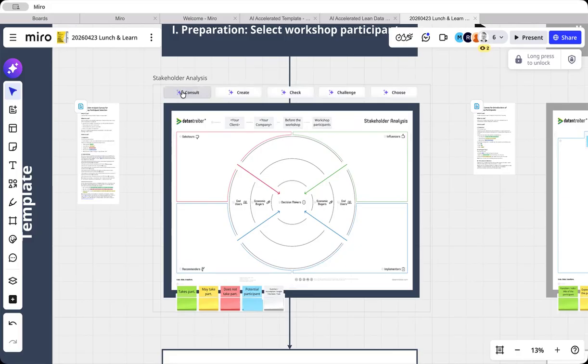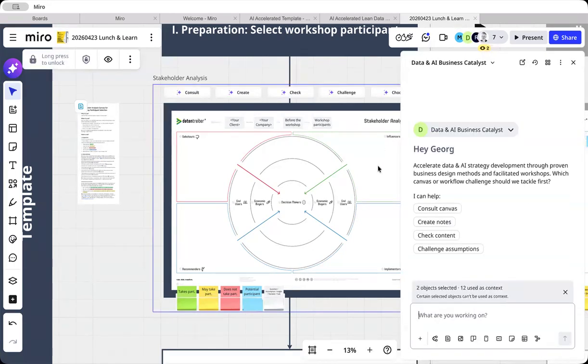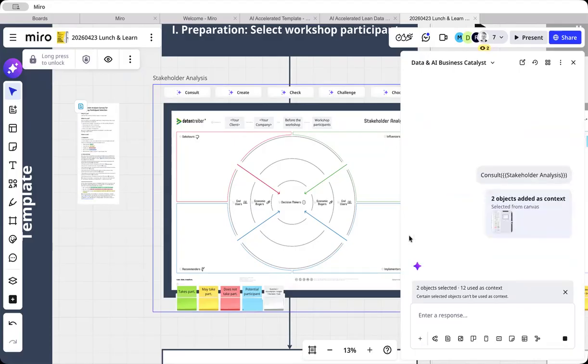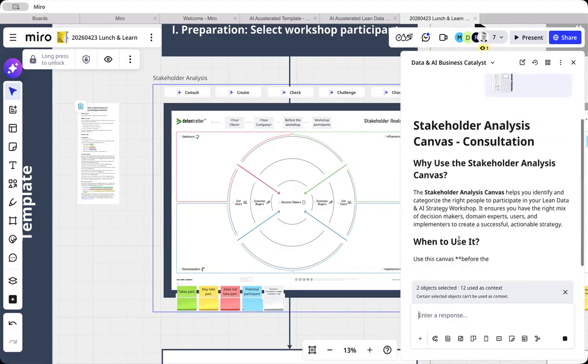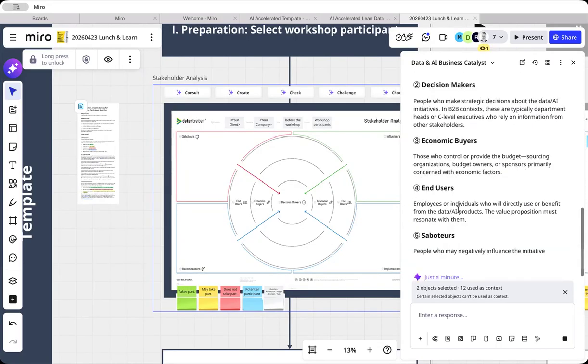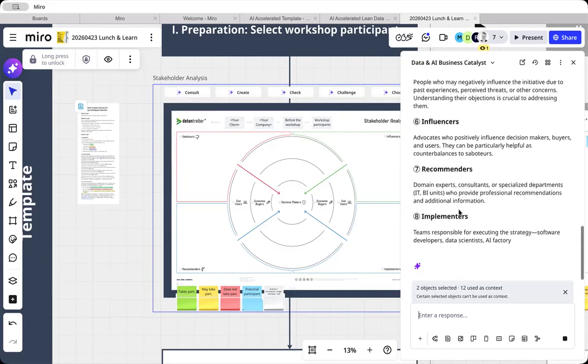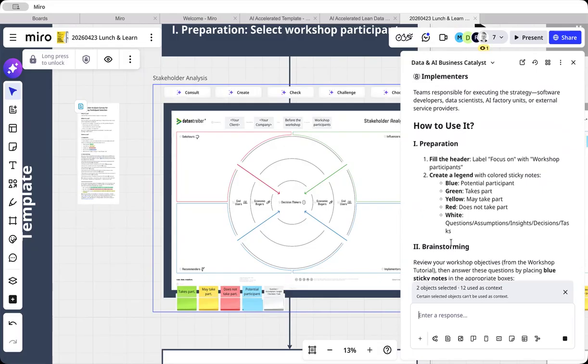And the first button is helping you to consult how to use that canvas. So if I click on that, the sidekick pops up and it gives you a very, hopefully comprehensive, description of what the canvas is for, how to use the canvas, what the meanings of the different boxes are, and it also gives you a description how to use it